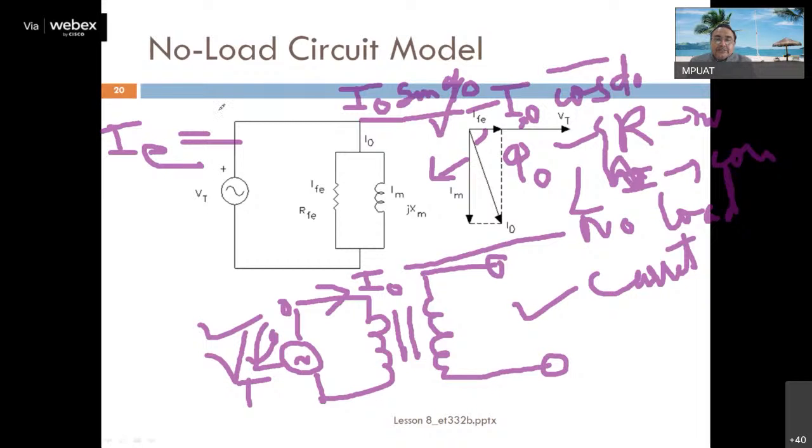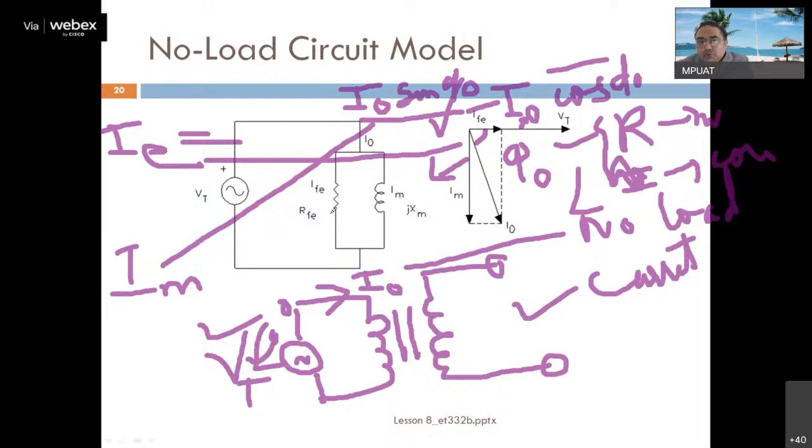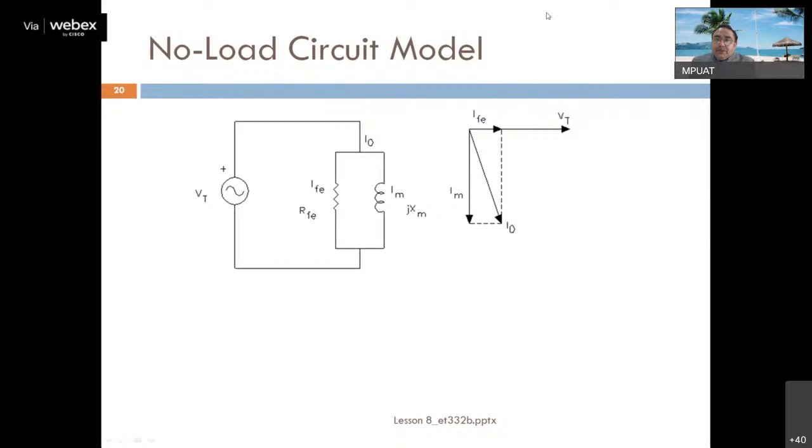व्हाट इज दिस? दिस इज नथिंग बट दिस करंट I naught cos phi naught। एक दूसरा जो आया I naught sin phi naught, इसको नाम दिया जाता है I_m, मैग्नेटाइजिंग करंट। तो नो लोड करंट दो करंट से बना हुआ है: एक I naught cos phi naught, जिसको हम शॉर्ट में I_c या I_fe लिखते हैं, कोर लॉस कंपोनेंट, और दूसरा I naught sin phi naught, जिसको कहते हैं मैग्नेटाइजिंग करंट, represented by I_m। और हम इसको फेजर फॉर्म में कैसे लिख सकते हैं, I naught phasor is nothing but I_c phasor plus